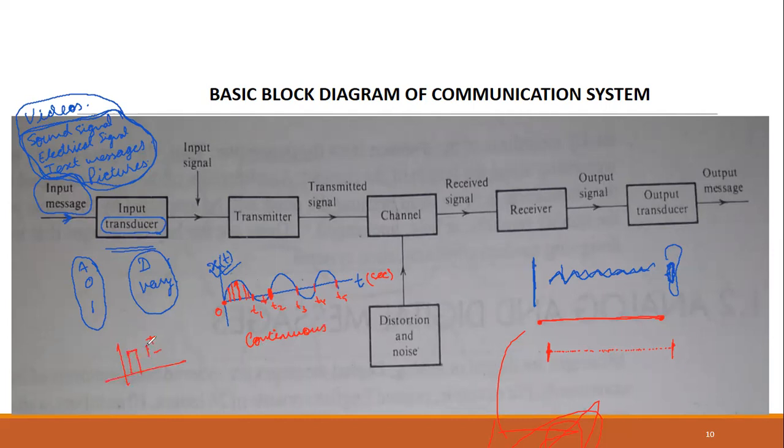Sir, non-continuous. नॉन कंटिन्यूअस कहने का क्या मतलब है? Sir, मतलब So it has sir, fixed values. हाँ, Yes, this will have a fixed value, some discrete value. जैसे यहाँ पर जो values था वो पहले वाले केस में कंटिन्यूअस सिग्नल के केस में जो values थे वो बहुत सारे values थे। यहाँ पर एक अलग value है, यहाँ एक अलग value है, यहाँ सभी जगह अलग अलग वैल्यू है। और यहाँ पर क्या है, डिजिटल की जब हम बात करते हैं तो यहाँ पर कुछ डिस्क्रीट वैल्यूज होते हैं।